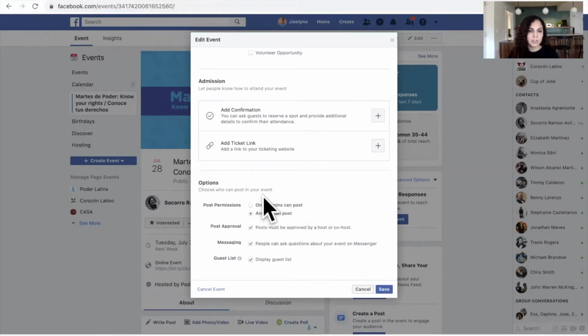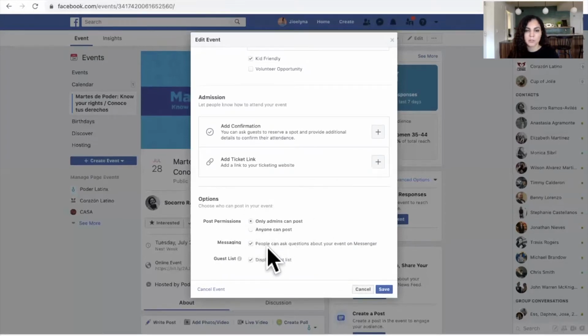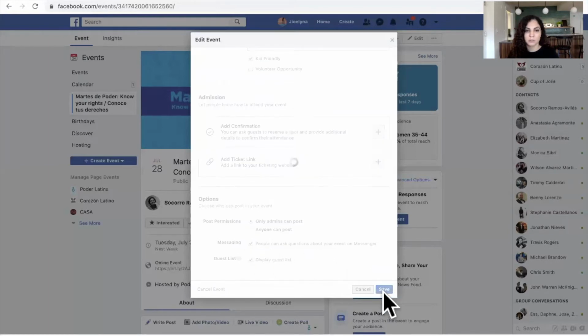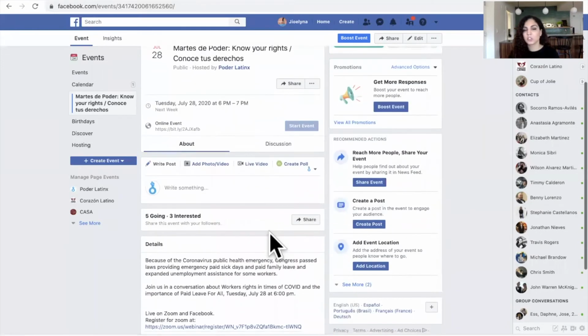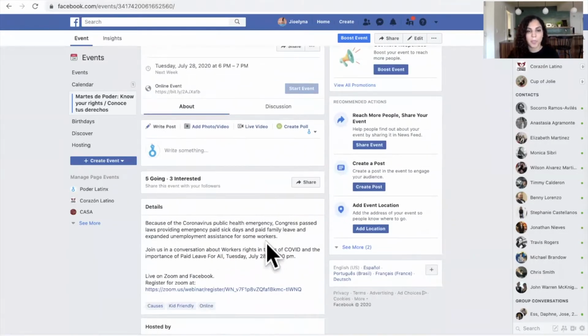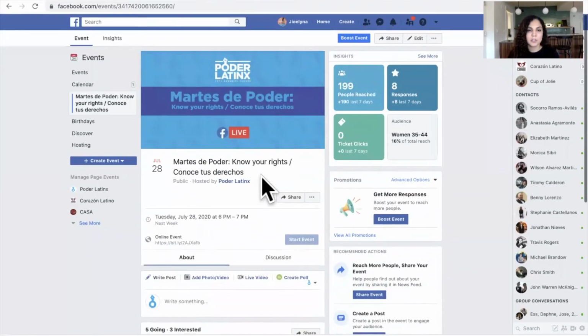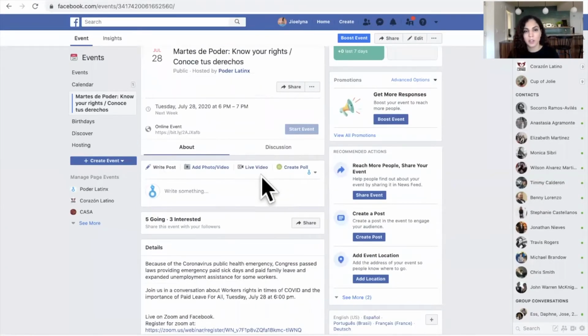So let's see, everything looks good here. I think Jen made this event. So this is good. We're gonna go ahead and put that only admins can post on this page. And then again, ask questions in Messenger. And so we're gonna save it. So remember that when you send a co-host request or you are co-hosting an event, you can actually go in and edit the event as well as an organization, which I'll show you guys in a second with an event that we're doing. So now that I've already created the event and I learned how to edit the event,